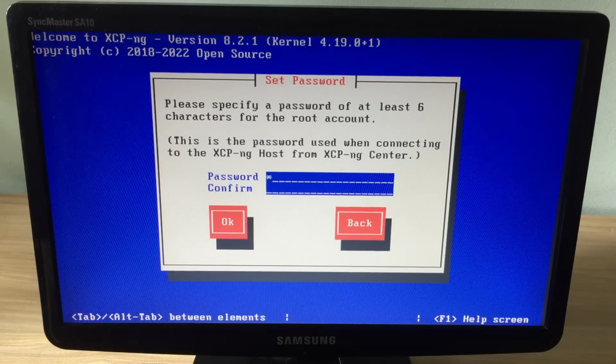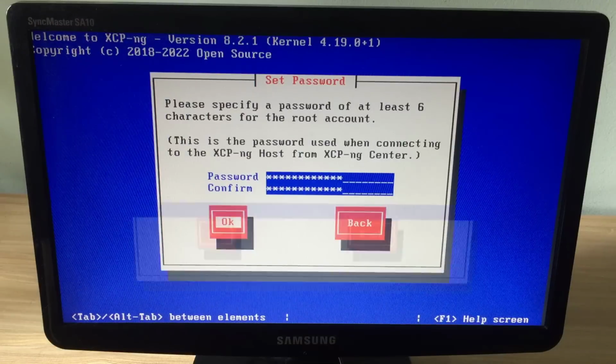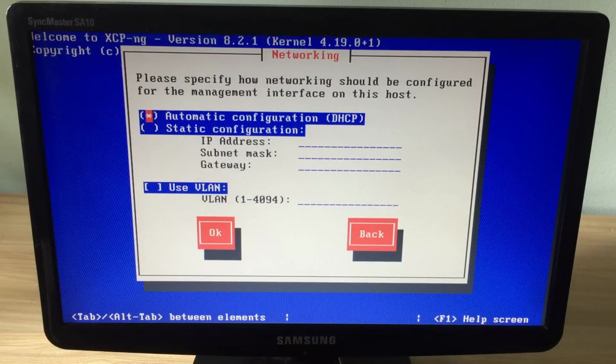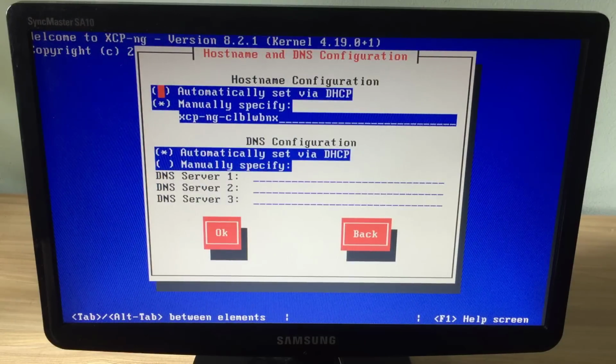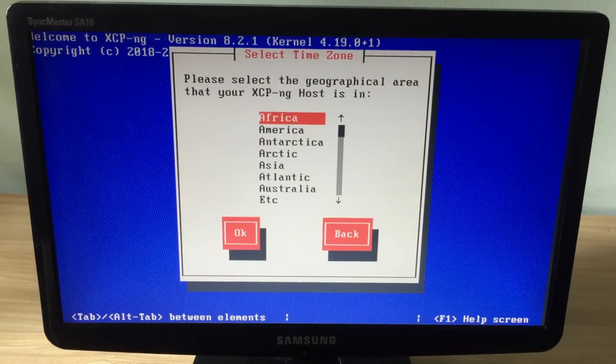Next, you will be asked to create a password in at least 6 characters. You write down this password to use in the next step of the video. Next is to set up the IP address for the server. I choose the default setting and will set up a static IP address for the server in the next step of the video.